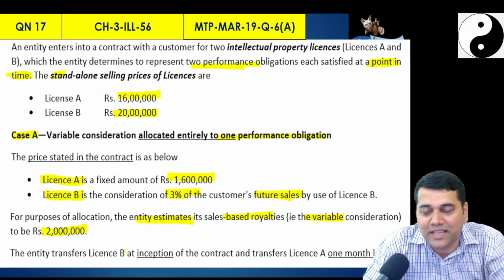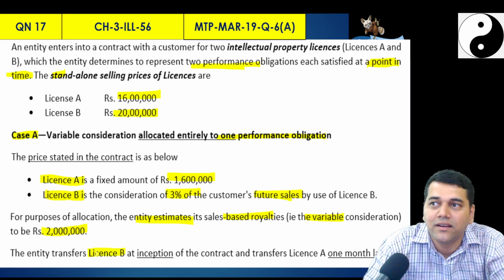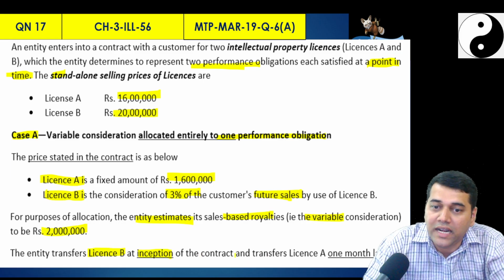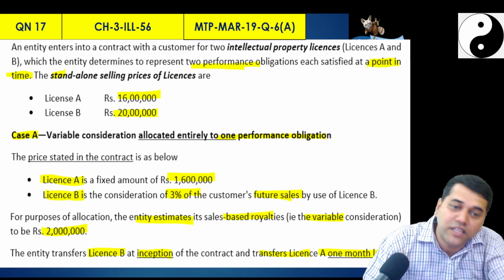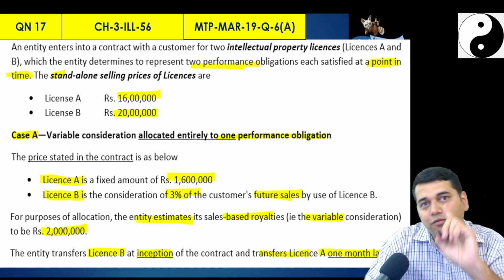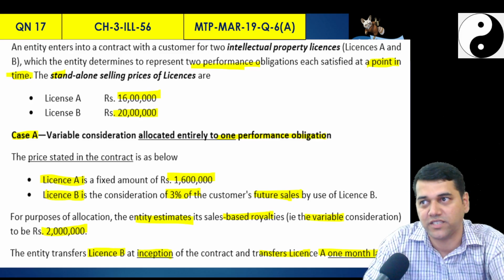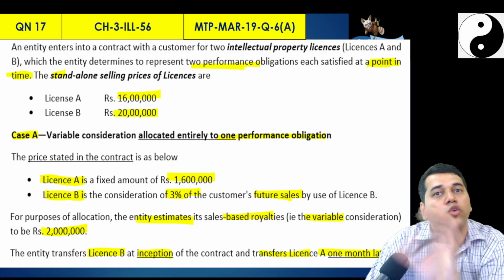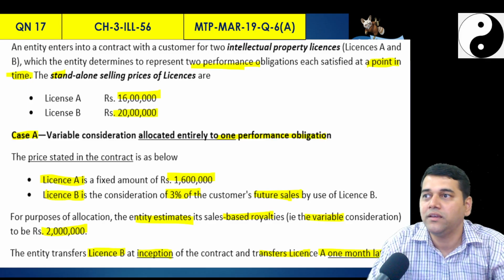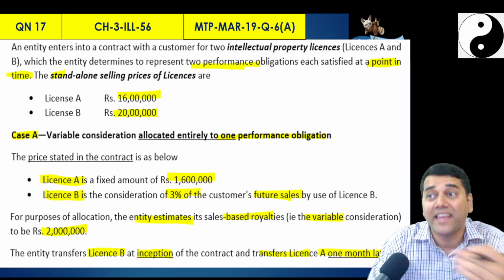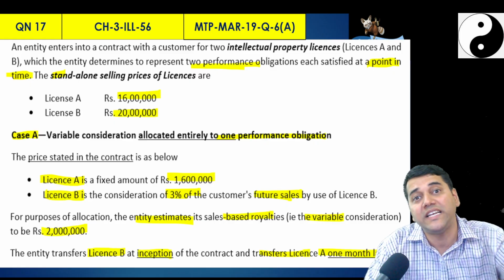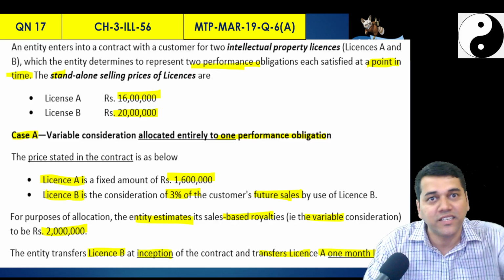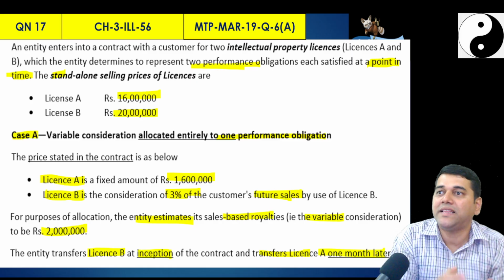That means, okay, now you understand. Entity transfers license B when? Right now, and transfers A after 1 month. So, that for which consideration to be received fixed, that is transferred after 1 month, and for this no exceptions are applicable. Why? Because exception is applicable for sale or usage based license for intellectual property, both are intellectual property. But for license A, since fixed consideration is there, you don't apply that sale or